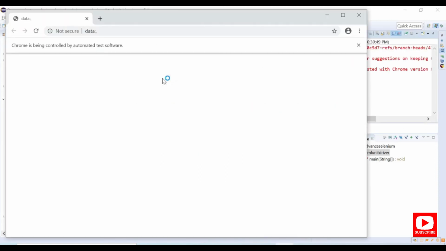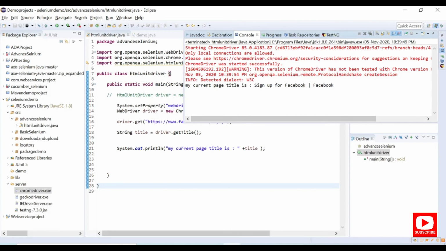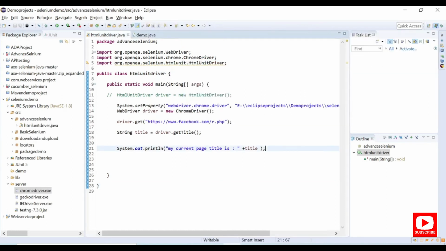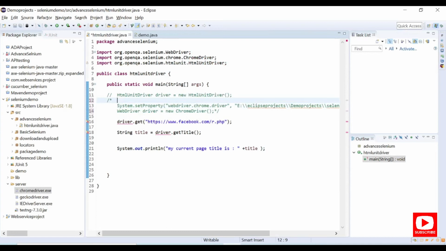It has launched the browser and loaded the URL, and then it takes the title of that page and prints it here. So this entire transaction, all these to-and-fro commands, takes some time. Let me do the same thing using our headless browser execution. Let me uncomment my headless browser execution, and again I will run this program.